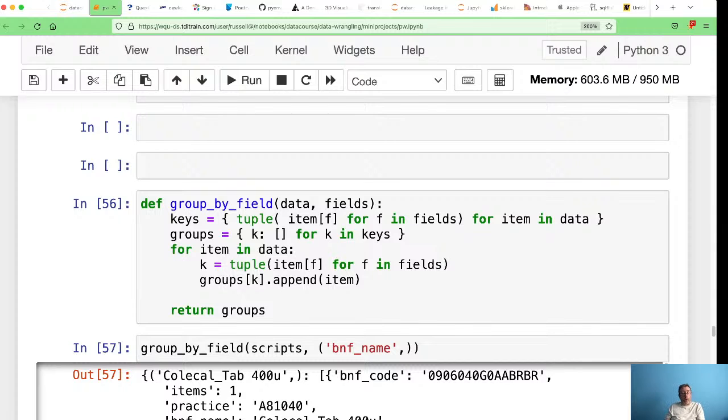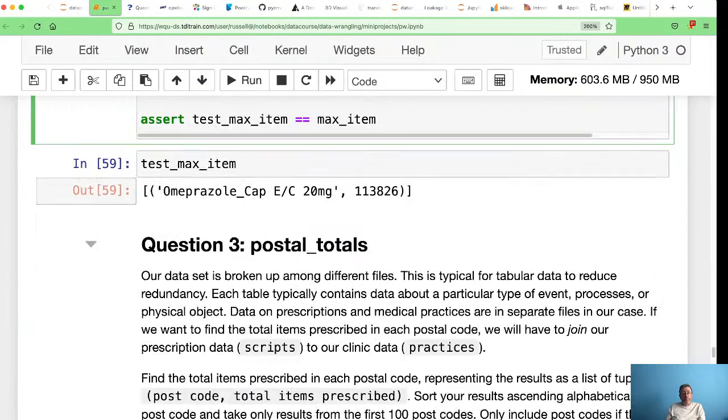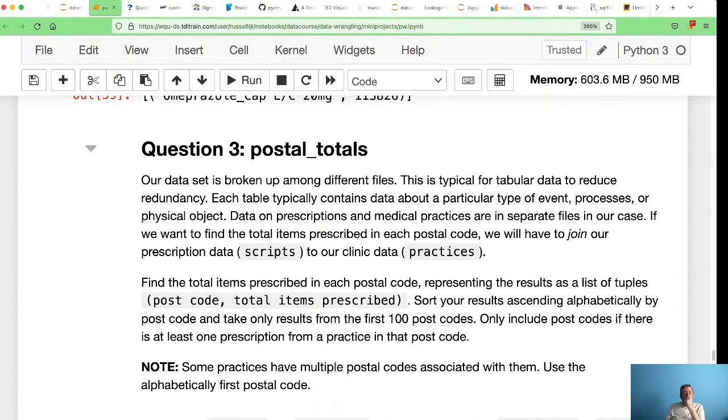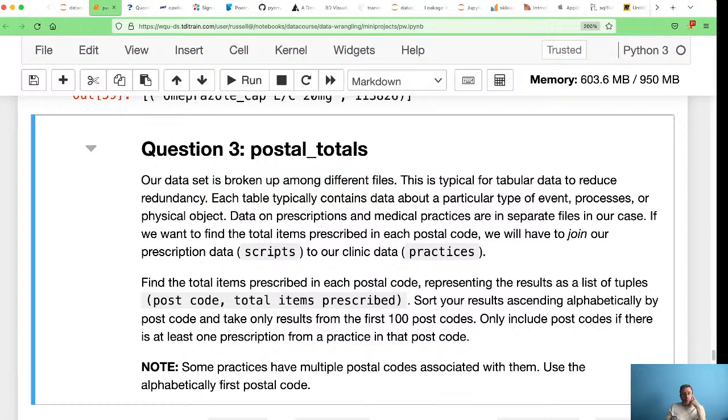Right, because again, I want to be grouping my data in some fashion. We could see here, so a couple things going on. Data is broken up among different files. It's typical to reduce redundancy. So, for example,